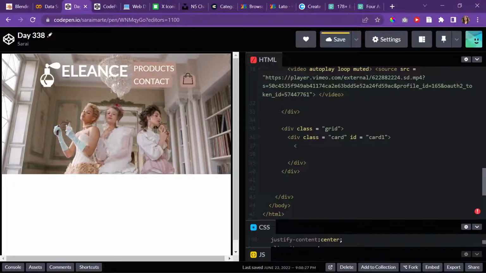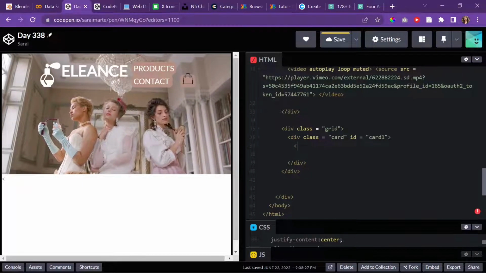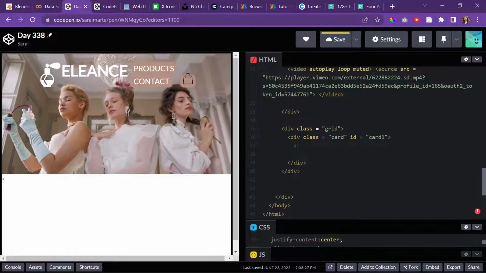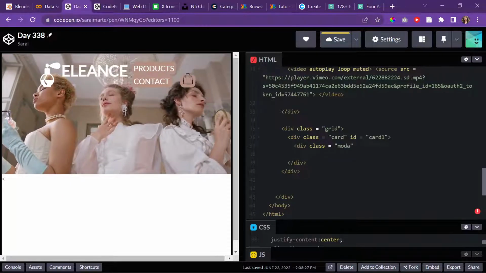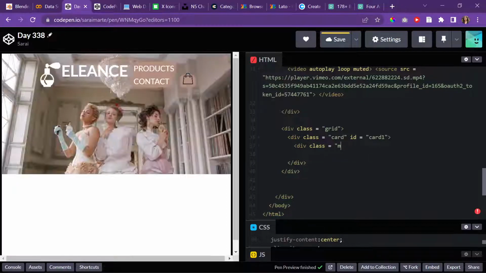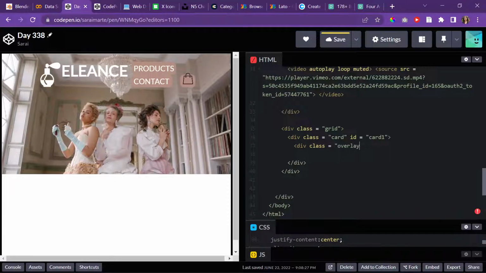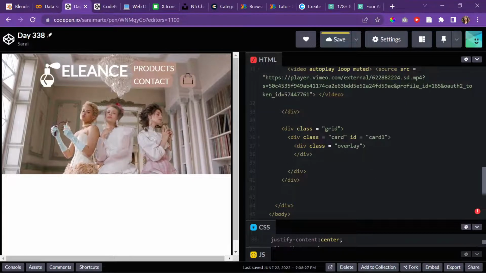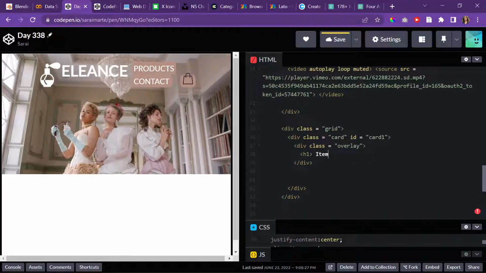I want to do a thumbnail? Do I want to do a background? I don't know. Let me think. No, I want to do a background, and then I'll do another overlay. Yes. Okay, so I'll do div class, and I'll do modal 2. Not modal 2, but maybe like overlay? So inside the overlay there's going to be an H1, which is the name of the perfume,